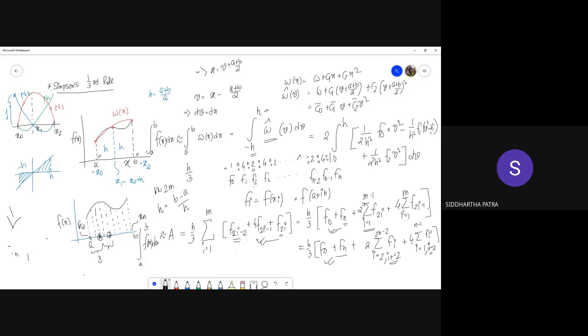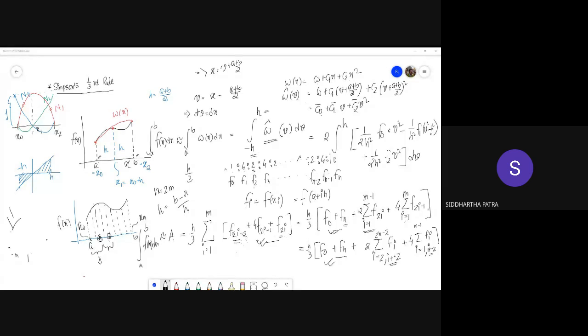It's a quadratic approximation of the curve in a given segment, so obviously it is supposed to be more accurate, even with the same number of segments. I'm not saying that for the rectangular method I'm taking 10 segments and for Simpson's rule 10 pairs of segments. I'm taking the same 10 segments, basically 5 pairs of segments, and I'm still getting a more accurate result out of it. So that's what we were going to see.